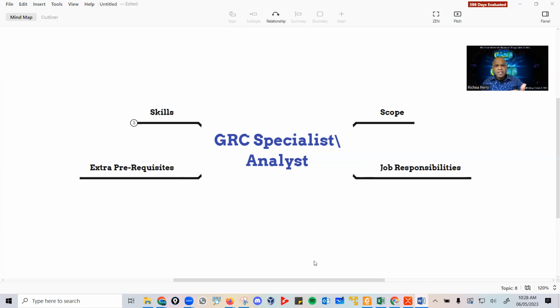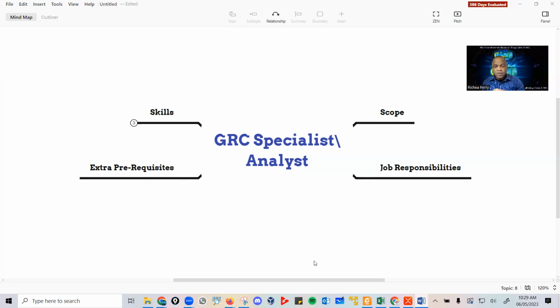I mean, for sure, at this point, you would have understood all the prerequisites and all the fundamentals in terms of understanding what governance, risk, and compliance is all about. So you would have covered all of those basics, and you now want to get into the job market. You want to get that ideal GRC role. I mean, for sure, there's no ideal job, but this may be your first job and you really want to get that opportunity. So the first thing, as I said before, is to identify the job role, which is the GRC specialist or